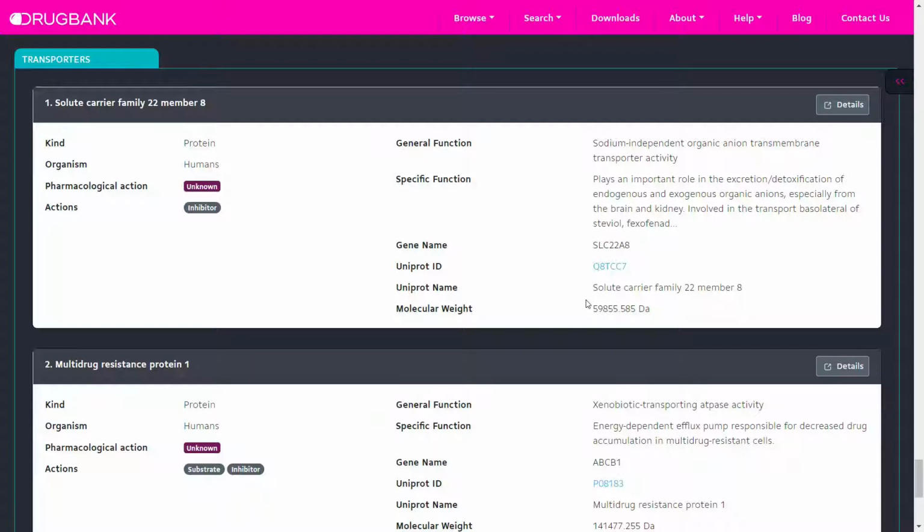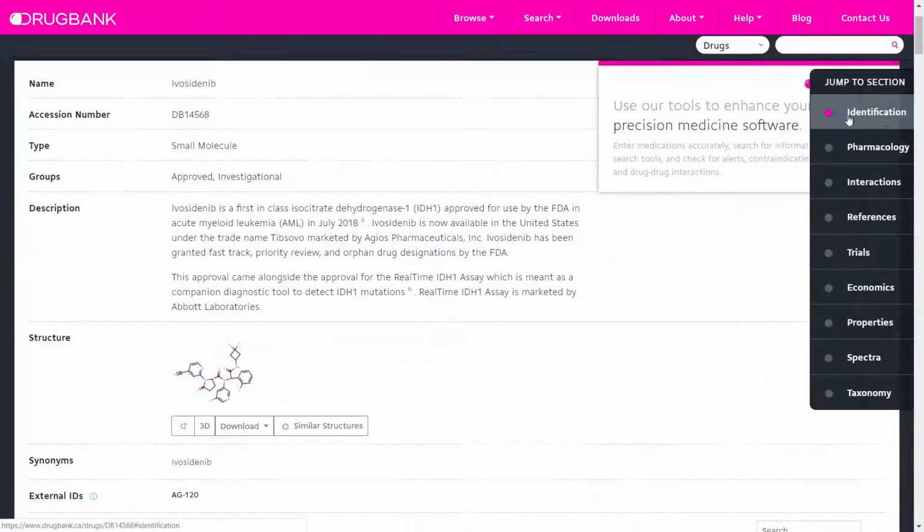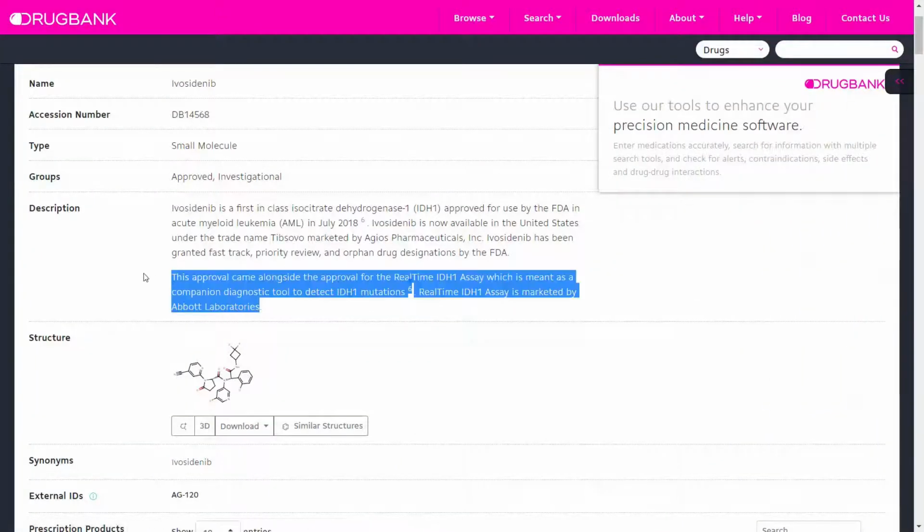You may remember that in the description of the drug, there was a passage regarding companion diagnostics. It says, this approval came alongside the approval for the real-time IDH1 assay, which is meant as a companion diagnostics tool to detect IDH1 mutations. What does this mean?